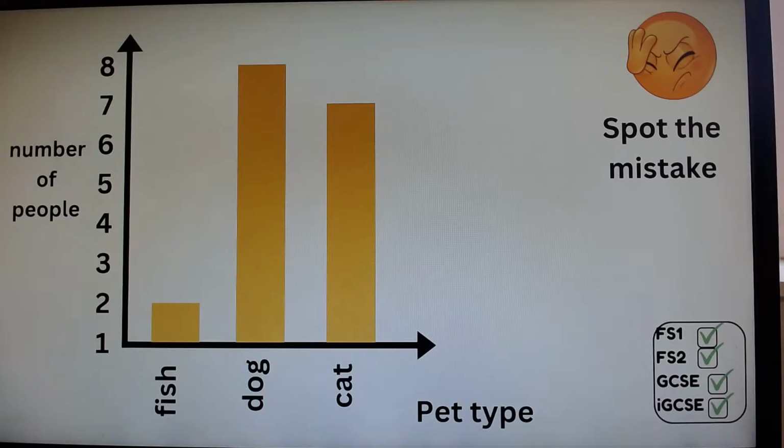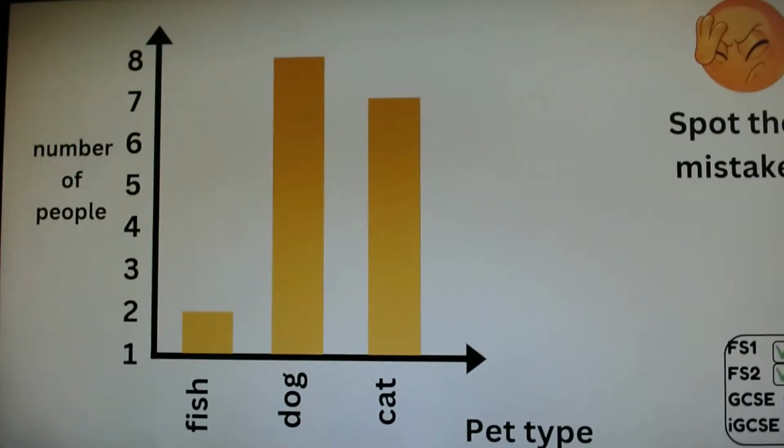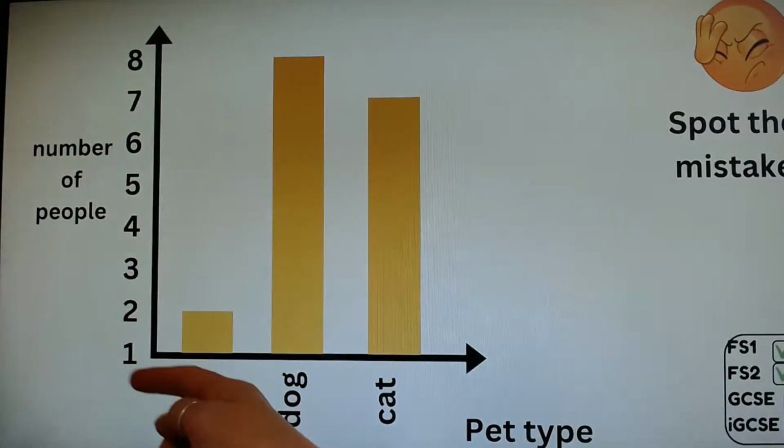Can you spot it? This one's quite challenging. Lots of people found this one really hard. I think it's subtle, but I put it in on purpose because I've seen this come up on exam questions where they've asked you to name, they often say for two mistakes that they've made, and people find this one really hard to spot. I've done most of this correctly, really accurately, but this axis here, it's not labelled